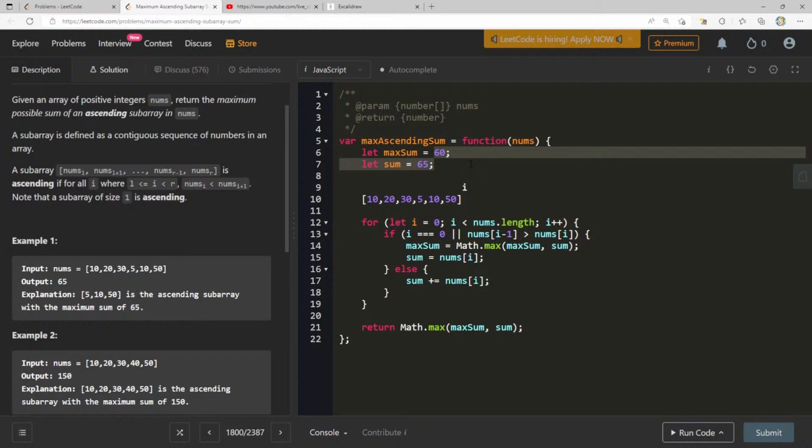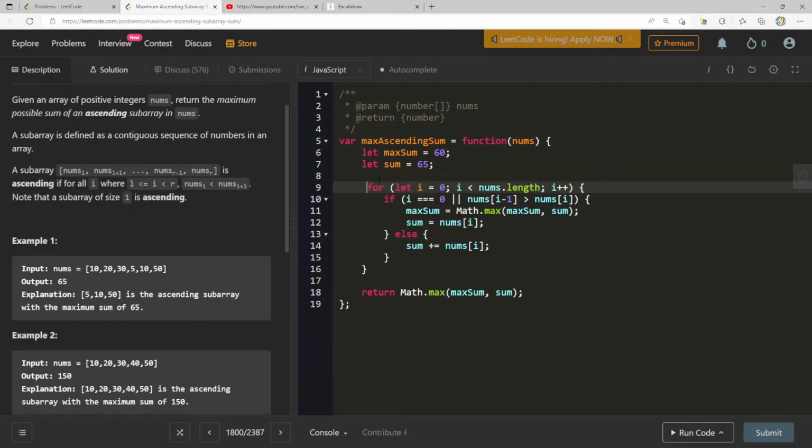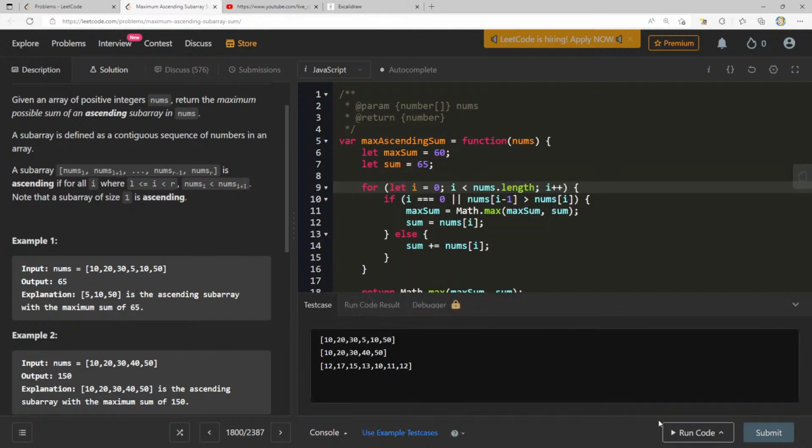Because look at this case right here. Sum is greater, but since we never returned it, well, I guess in this case the sum would have been the same, but I feel like there might be an edge case, because I've seen this pattern quite a lot in LeetCode. So just to be safe, we can just do this. I kind of just want to run it and see what happens for all my different test cases.